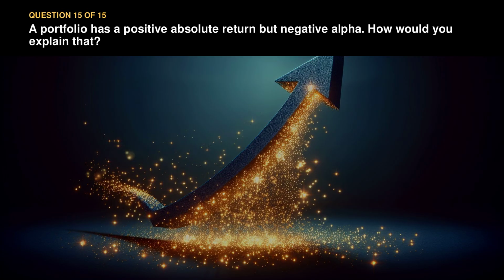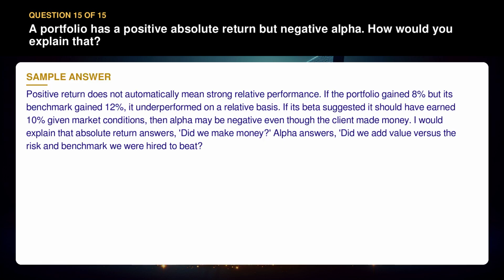Question 15. A portfolio has a positive absolute return but negative alpha. How would you explain that? Positive return does not automatically mean strong relative performance. If the portfolio gained 8% but its benchmark gained 12%, it underperformed on a relative basis. If its beta suggested it should have earned 10% given market conditions, then alpha may be negative even though the